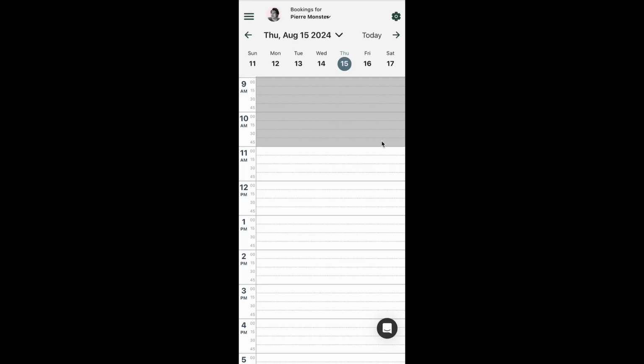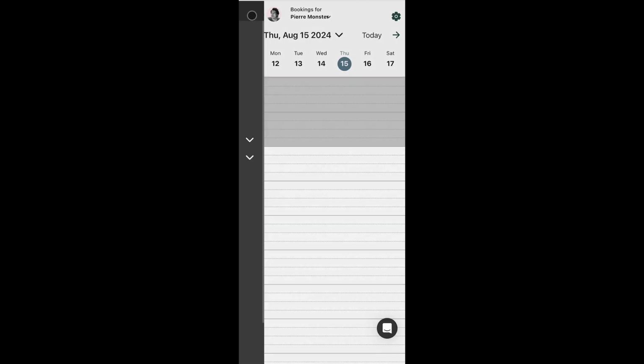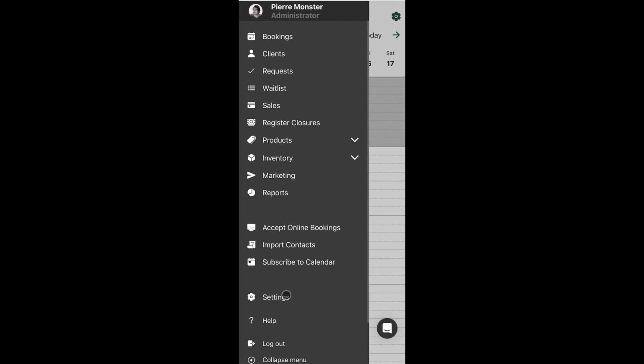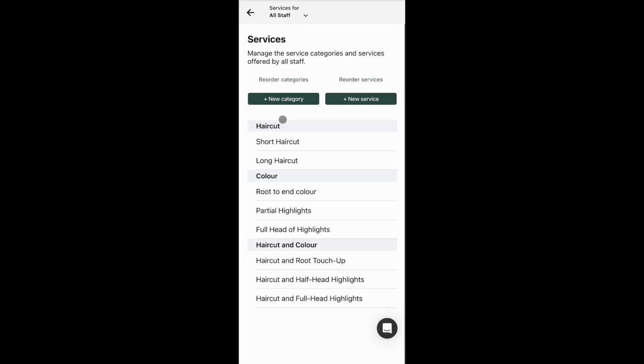Okay, I'm going to show you how to move categories around, move services around, and move which category services in. So I'm going to hit the menu button. We're going to go to settings, services, and then here you'll see reorder categories and reorder services along with new